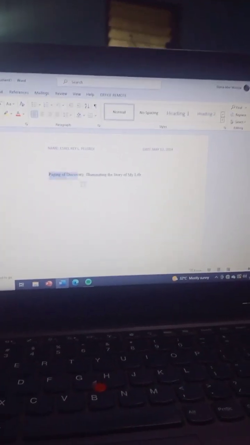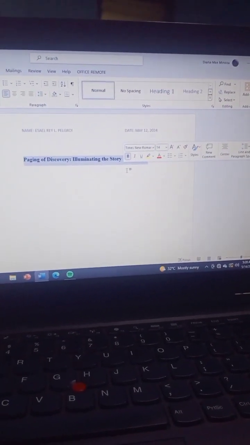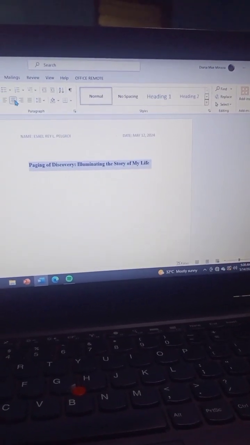After I'm done putting my title, I adjust the font size to 14 and make it bold. Adjust the alignment to center.